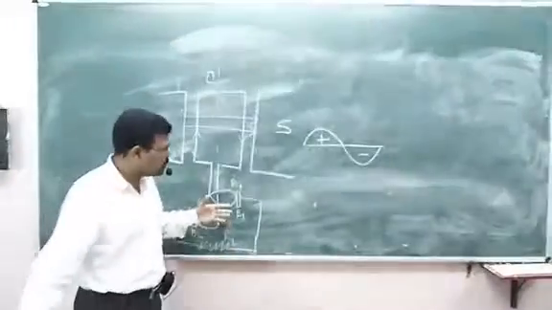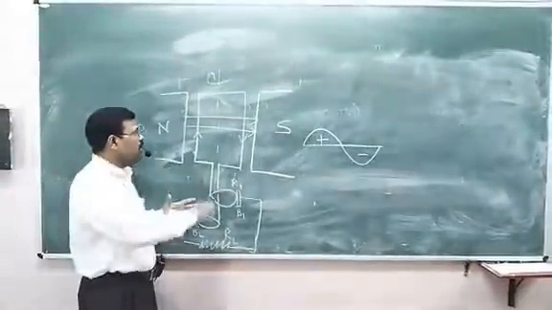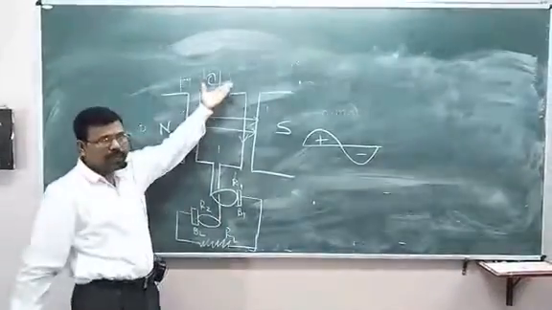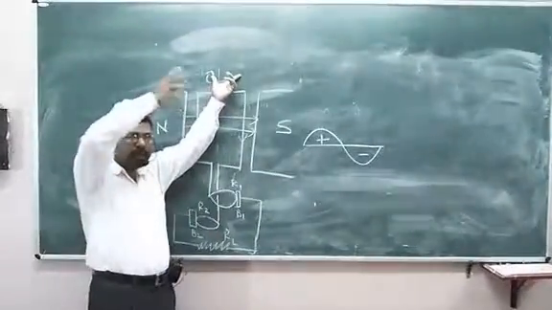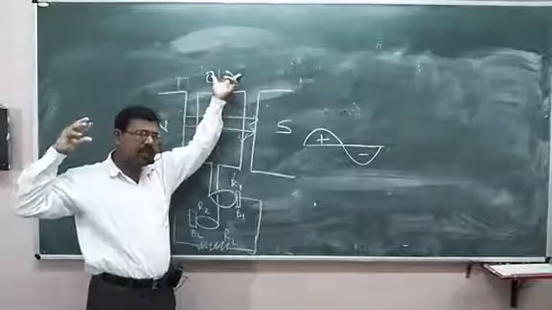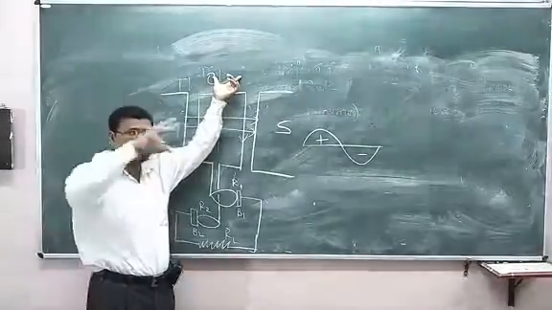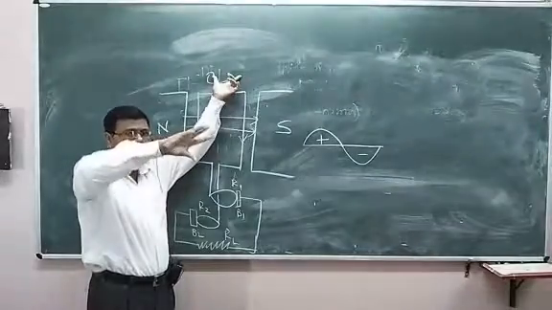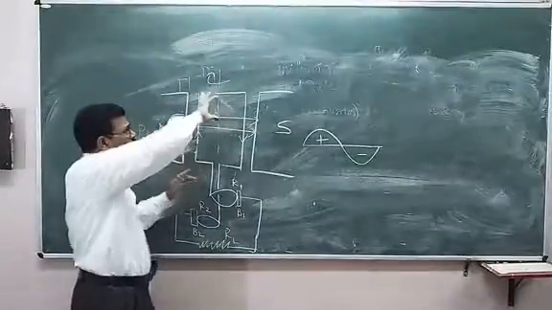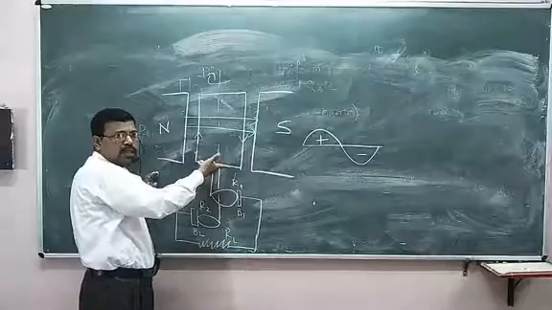How it works? Okay, see here. The armature is connected to a turbine. When the turbine rotates, how is the turbine rotated? By using wind energy or water energy, or some steam is passed through the turbine, the turbine rotates. When the turbine rotates, the armature rotates.